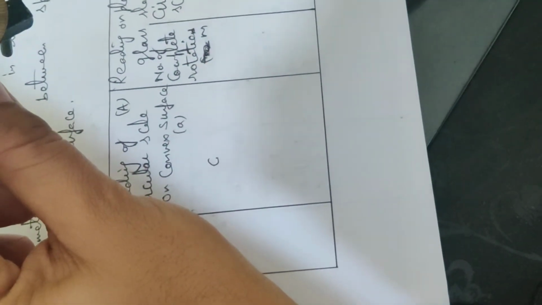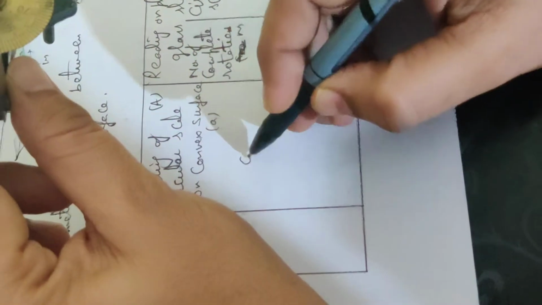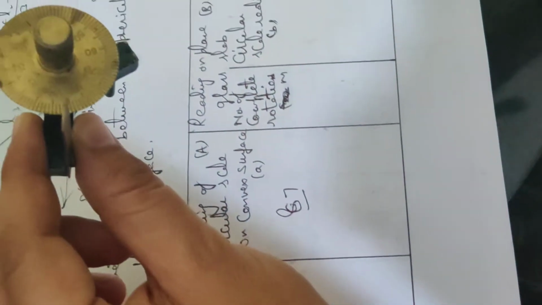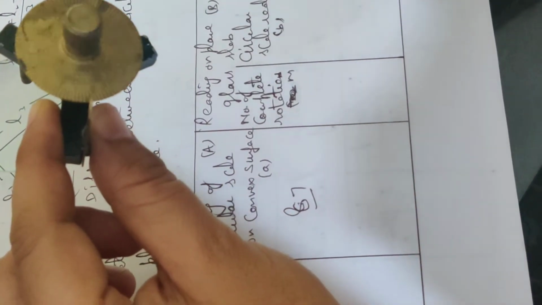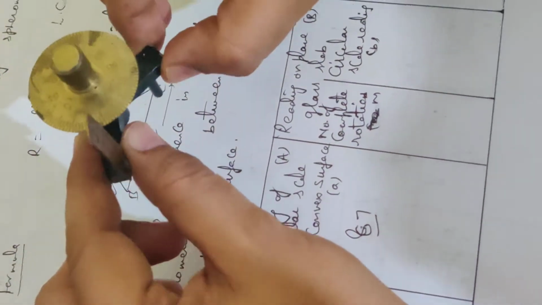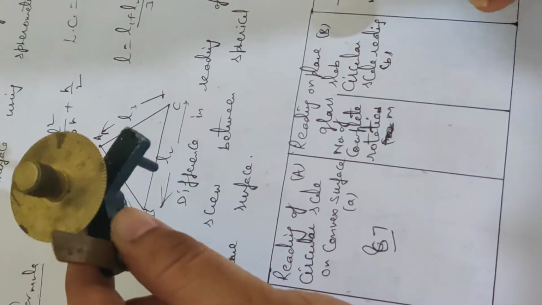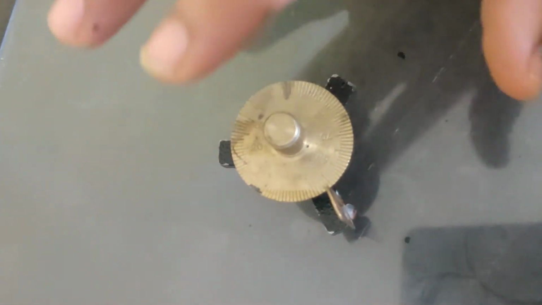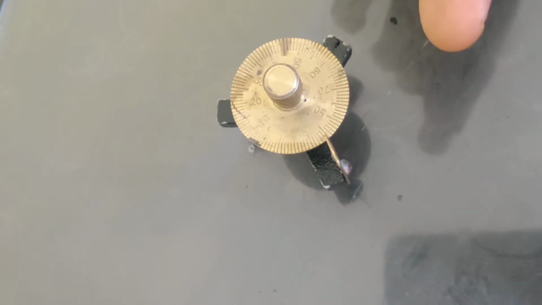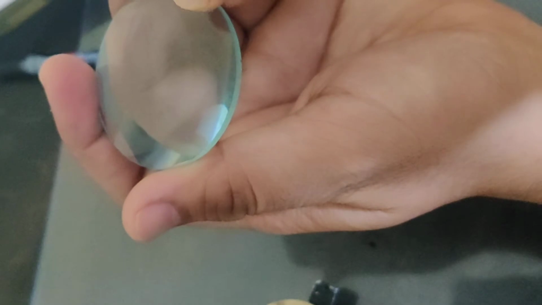So how much distance does it move forward? 87 is the division. It is noted down here, and it moves by 13 divisions. Okay. Again, I will use the plane surface. Now what do I need to do? I have to find out the reading of this plane surface, and then I have to take the difference. When I take the difference, then I will be able to find out the radius.